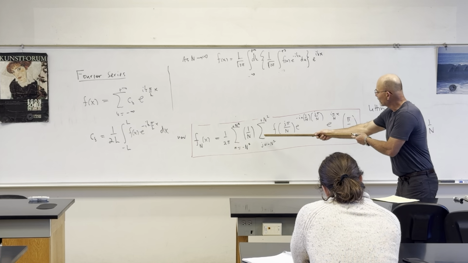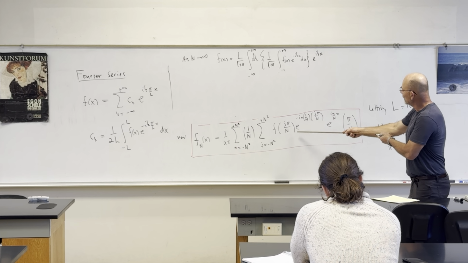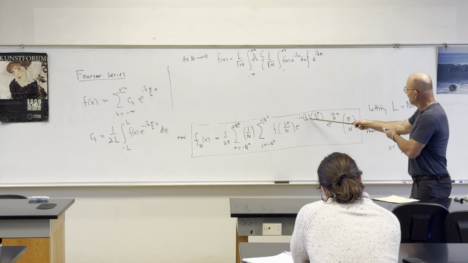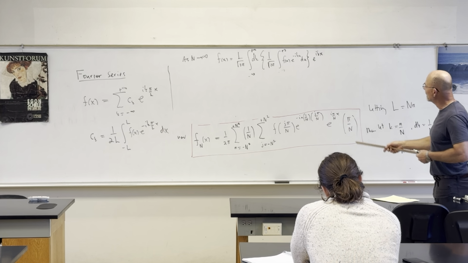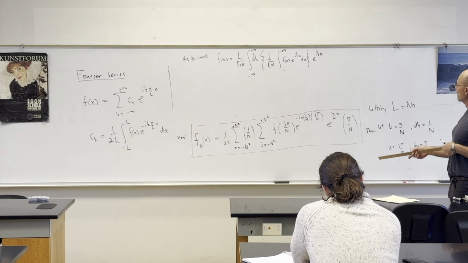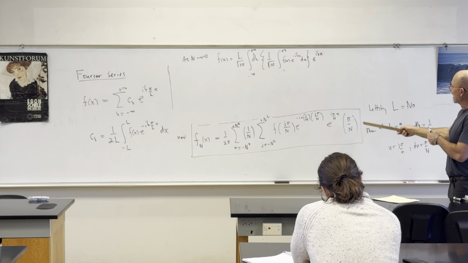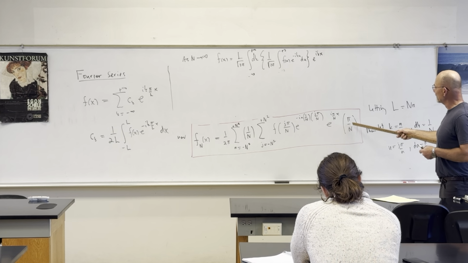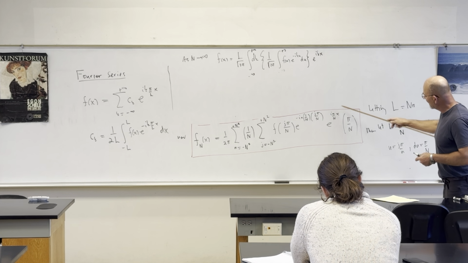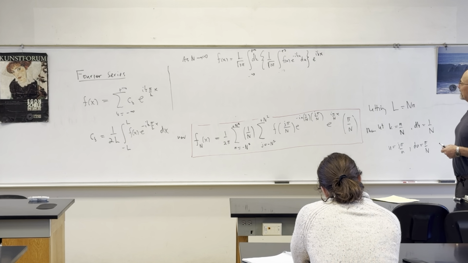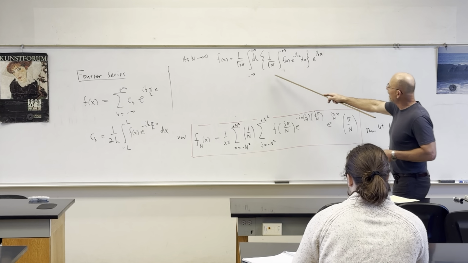This thing I distributed 1 over root 2 pi. That was the f of u e to the minus i k u du. That du was in there. So these have places switched. But there you have it, and that is your Fourier transform,